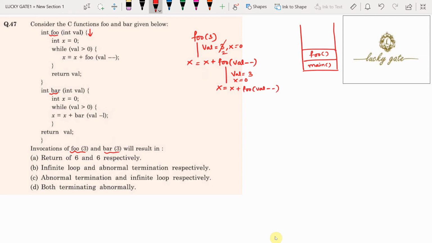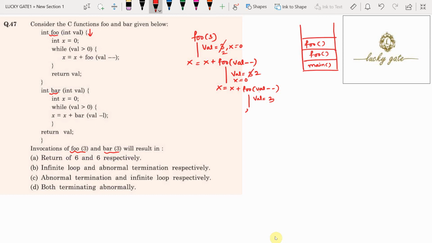Because it is a post decrement operator, first val, that is 3, is used for the function call, so it is called with val equal to 3. Later the val in the previous activation record is changed to 2. Because it is called one more time, again it is going to create one activation record in the stack memory of the runtime memory.